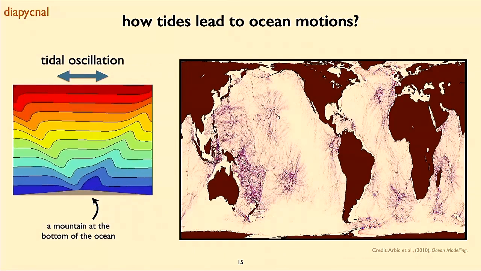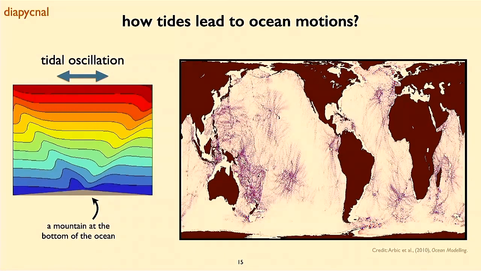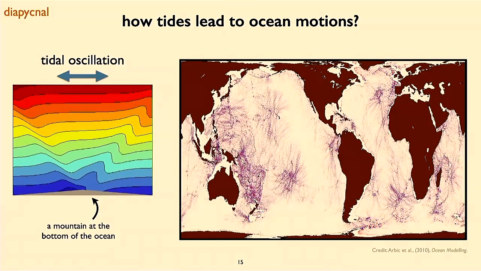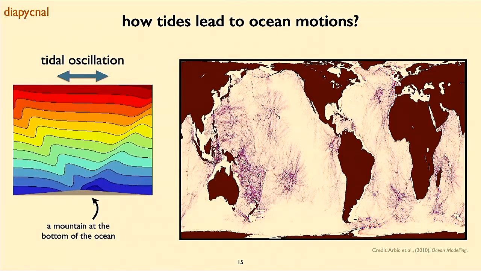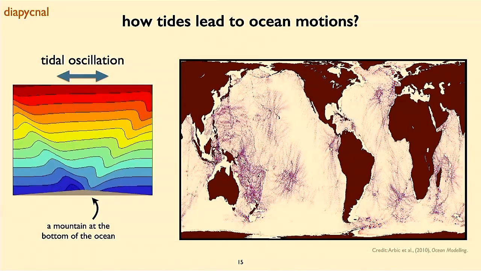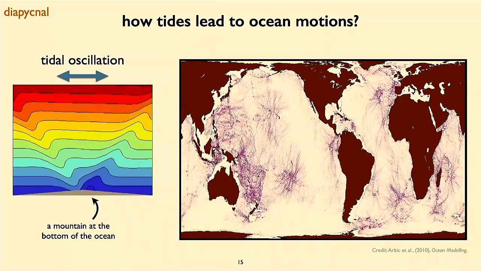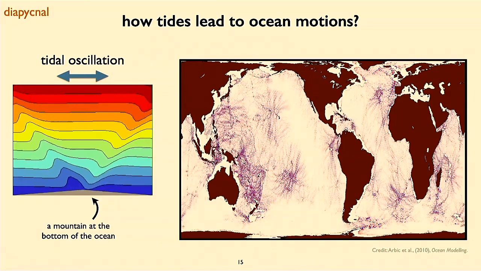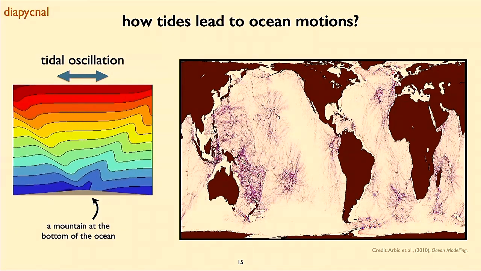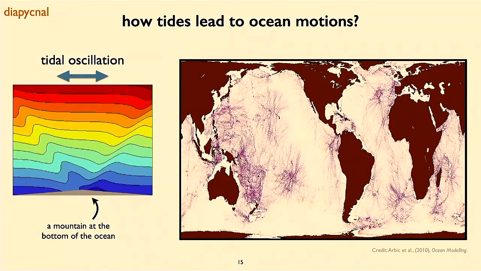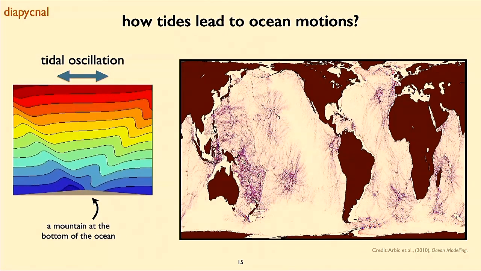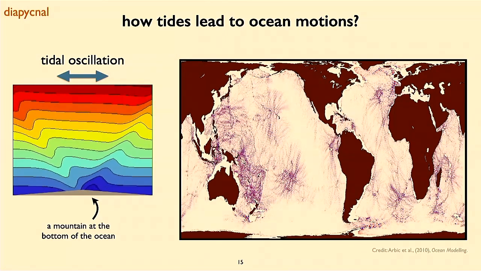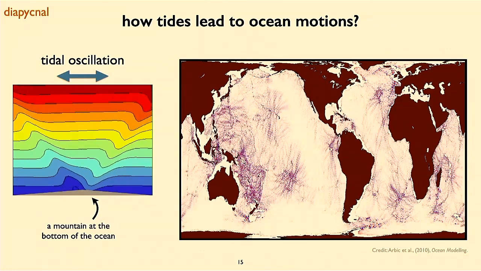But I want to talk a little bit about tides. So we know what tides are. You go to the coast, you see the tide comes in, the tide comes out, and where the moon is attracts the whole ocean a little bit. So then the whole ocean moves a little bit with the moon, in and out. That's what we call the barotropic tide. The whole depth of the ocean moves around.